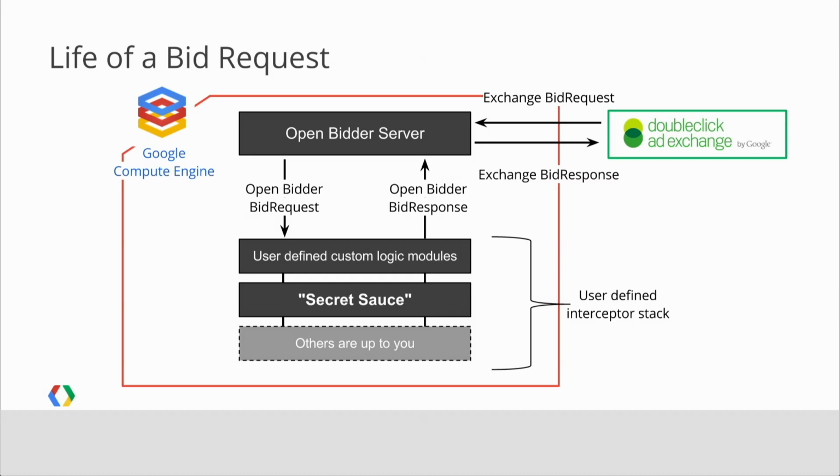And you get to run through this stack of what we call interceptors, and I'll talk in detail about those interceptors in a few seconds, where you run your custom logic. So remember before I said we want you to focus on your custom logic? This is the piece that you write. This is your secret sauce. So you run through the stack with the OpenBidder-specific proto, and then you run back up the pipe with a response. We have a life cycle. You can do pre-processing, you can do post-processing, and again, I'll talk about that in a second. And the bid is then sent back to the exchange, all within 100 milliseconds.